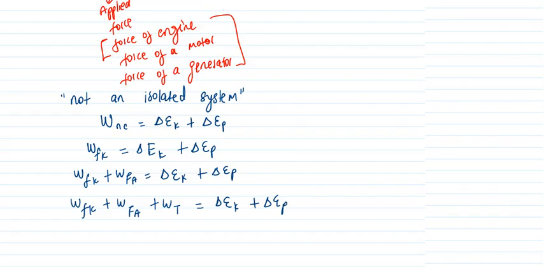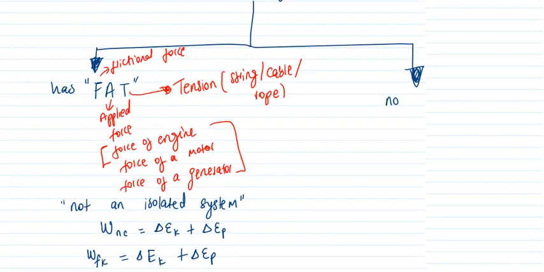So when we say work done by non-conservative force, we are saying work done by friction, or by applied force, or by tension. It depends on how many you have in the diagram. If you have friction and applied force, include both of them. If you have friction, applied force, and tension, include all of them. That is how you deal with a system that is not isolated, which means a system that has FET. Then a system that has no FET,